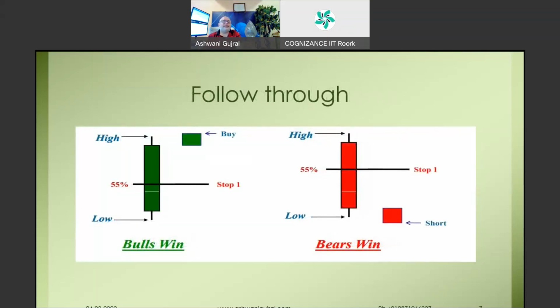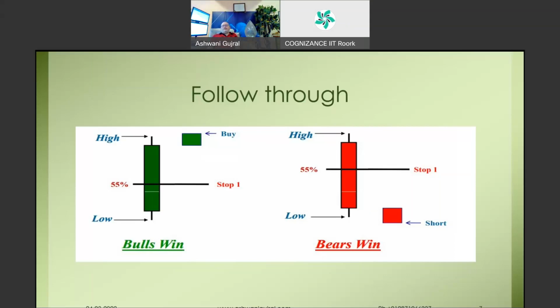Now what happens here is that you have this green bar and your first stop is at 55%. Now, is just one bar enough? In technical analysis, one bar does not often give you the complete information. You need a second bar for confirmation. So the moment you get a second green bar, you would buy, put your stop at the 55% zone of the first bar, and that would trigger you in the trade.